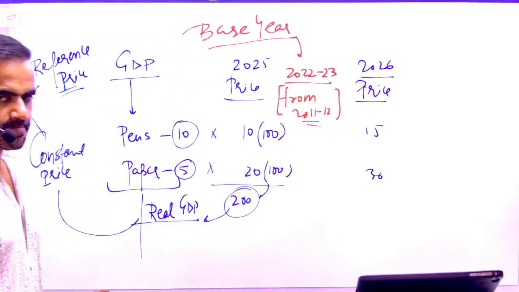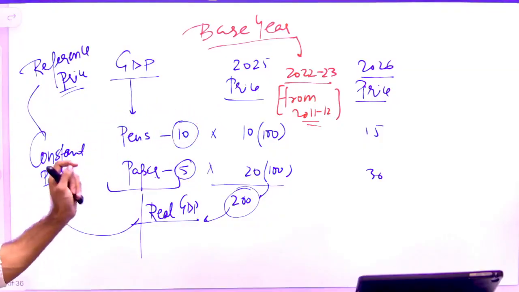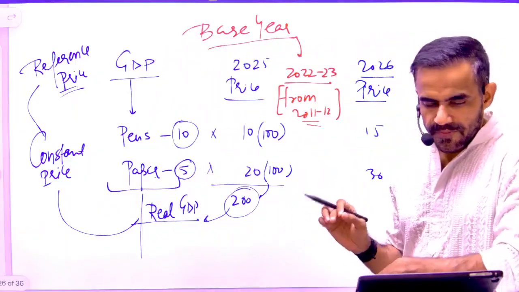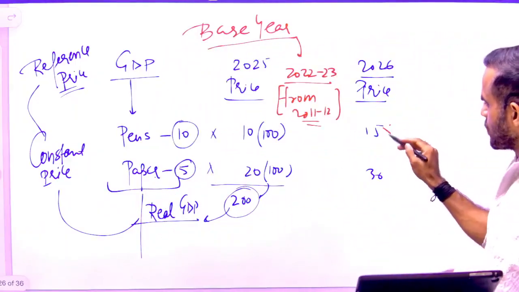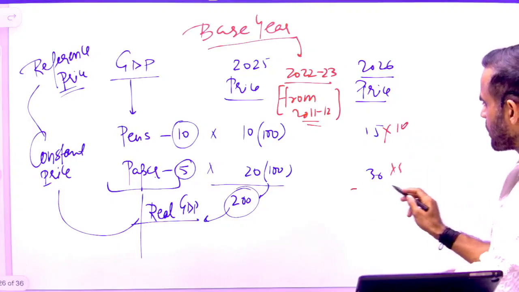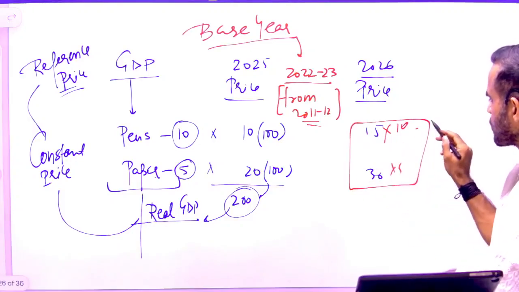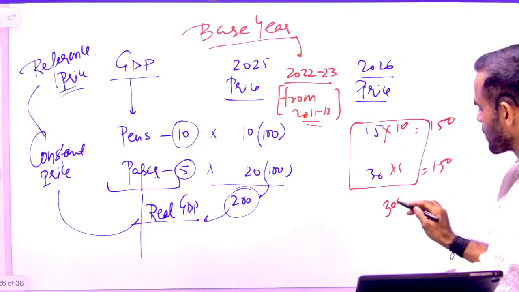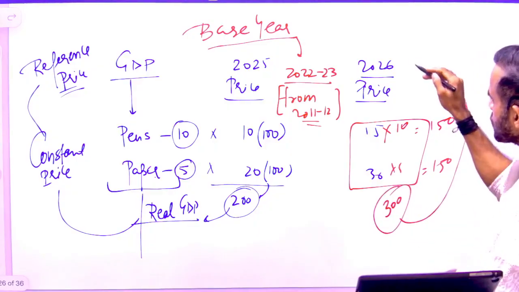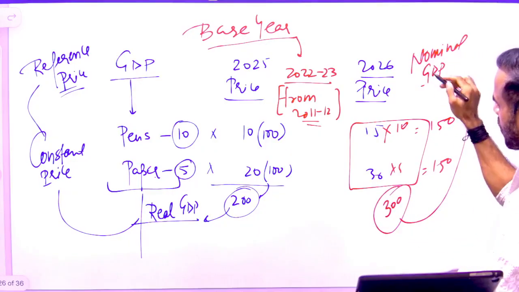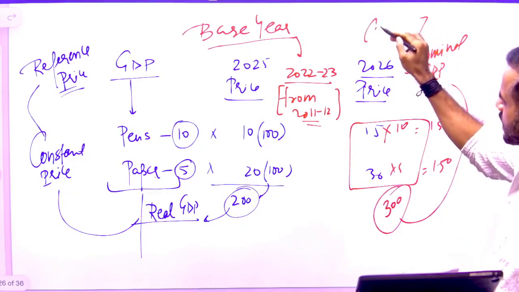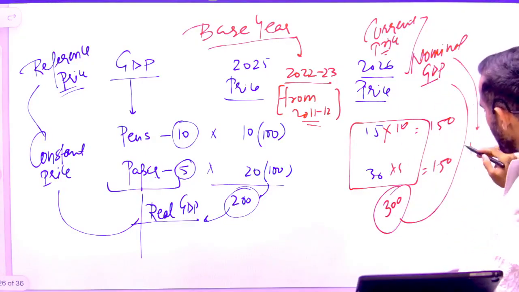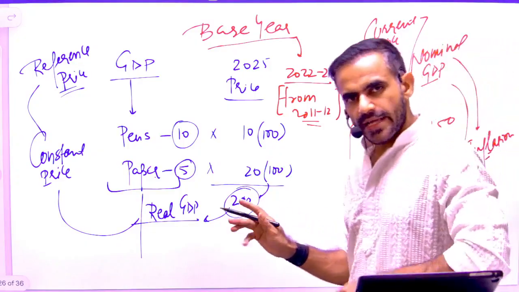Now understand. In case of 2026, if I am going to compare, I am assuming that the production quantity is the same. Production quantity is still the same. So 20 into 10 and 30 into 5, how much will be the size of my GDP in this case? It is going to be 150, and 150. So technically it is going to be 300. Now this is nominal GDP, or GDP at current price. So in a very simple sense, nominal GDP will include inflation and real GDP will exclude inflation.